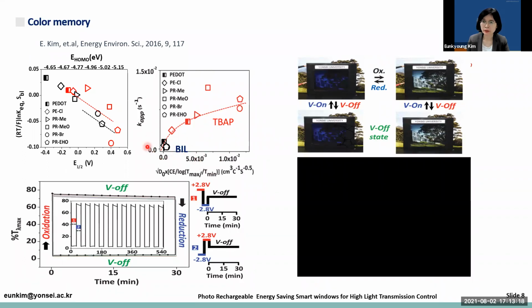And you see that the rate for dopant ion transport was minimized for all polymers in our study. However, this dopant ion transport was significant in typical TBAP dissolved in organic solvent. So to get this bistability, it was concluded that a low HOMO energy polymer and ionic liquid are necessary for EC material and for electrolyte respectively. So we were able to get quite stable